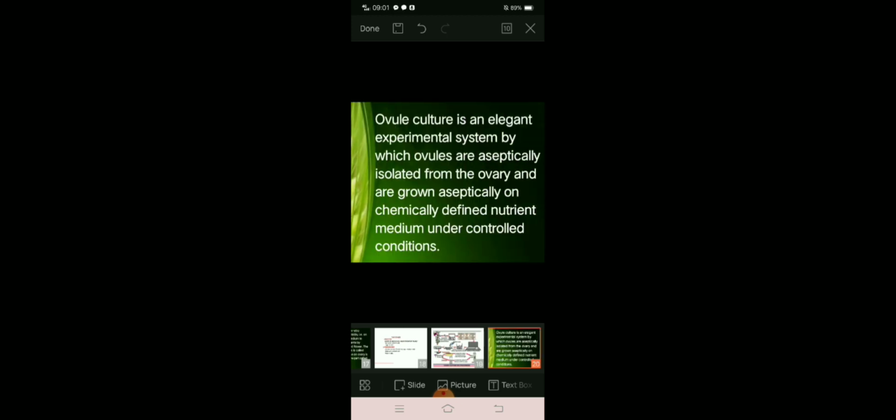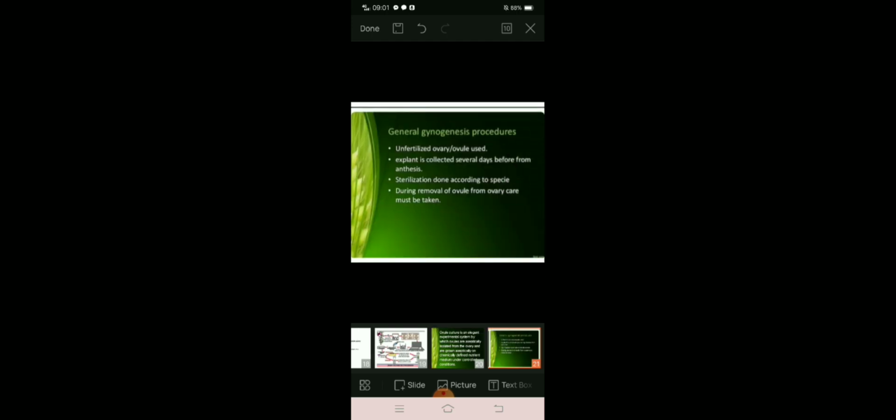So next is the ovule culture, an elegant experimental system by which ovules are aseptically isolated from the ovary and grown aseptically on chemically defined nutrient medium under controlled conditions. So ovule culture should be performed in a controlled area to avoid contamination. So the general gynogenesis procedure: unfertilized ovary or ovule is used,